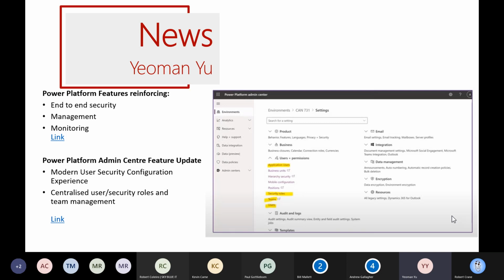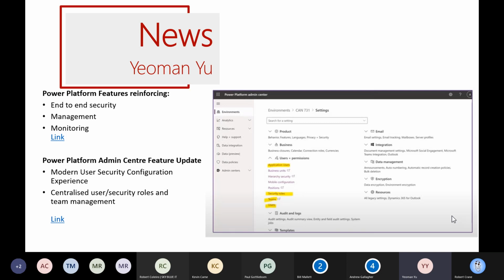In the area of monitoring, there's a lot more integration now with Power BI. So you can have lovely looking dashboards that can be configured using things like the Power Platform Center of Excellence Starter Kit and its templates, so that you can set up additional audit logs and reports and extra telemetry, keep an eye on your dashboards and get alerts. It makes it much easier to oversee what's going on with your Power Platform solutions and data.